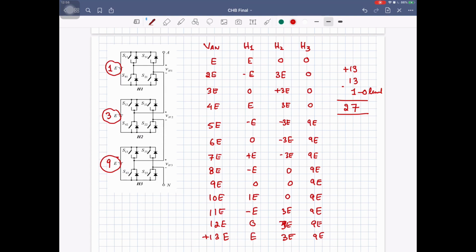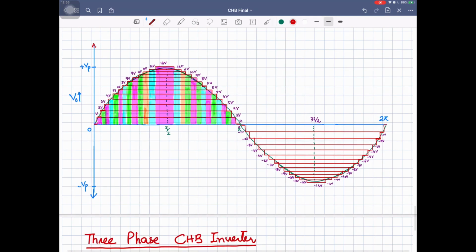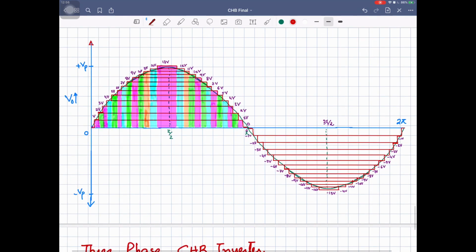So you can observe these voltage levels over here in this diagram, in this waveform that I have already plotted for you. We can get 0 as you can see over here, then plus V, then plus 2V, 3V, 4V, 5V, and we can switch them for a specific period of time. For each switching state there will be a time such that we are going to approximate the sine wave, right? So this is our desired voltage waveform.